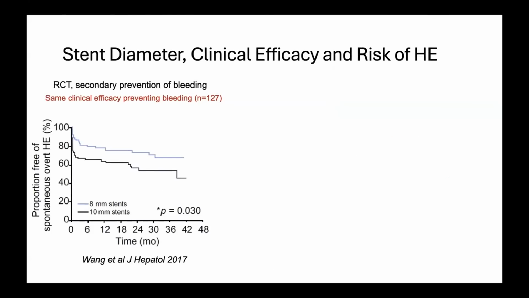But the situation was different in this Chinese trial from the group of Dr. Han, in which they compared 8mm stents with 10mm stents in the prevention of recurrent bleeding, and there was half the hepatic encephalopathy rate in patients with 8mm TIPS. And probably the study that opened